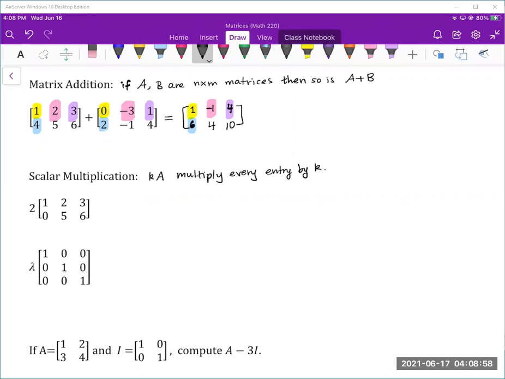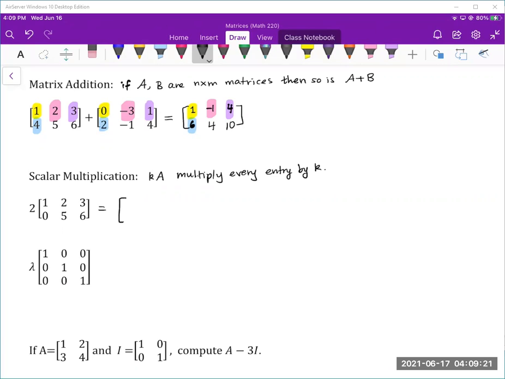Okay, notice the scalar, this is just a number. Okay, so it's not in another matrix. Okay, so for example, here,